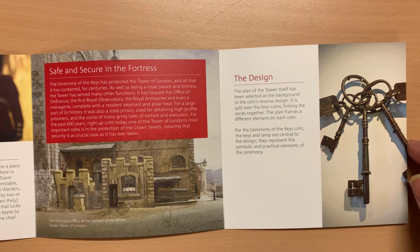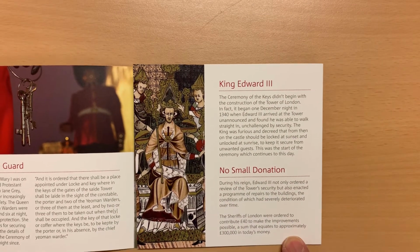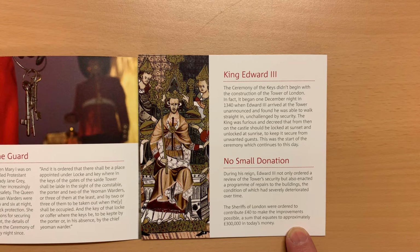The sentry cries out, "Halt! Who comes there?" The yeoman warder replies, "The keys." "Whose keys?" "Queen Elizabeth's keys." "Pass then, all's well." The chief yeoman warder then hands the lantern to the drummer, and they all march to the outer gates of the tower,